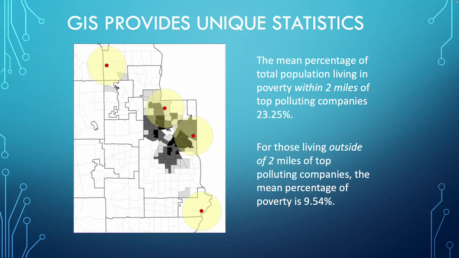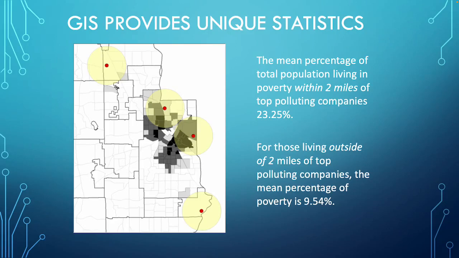The poverty level is shown in the color scale of the census tracts, so that's what these polygons are in here, and then these have been masked, or mask is a good enough term. We've basically drawn a circle around those of 2 miles,